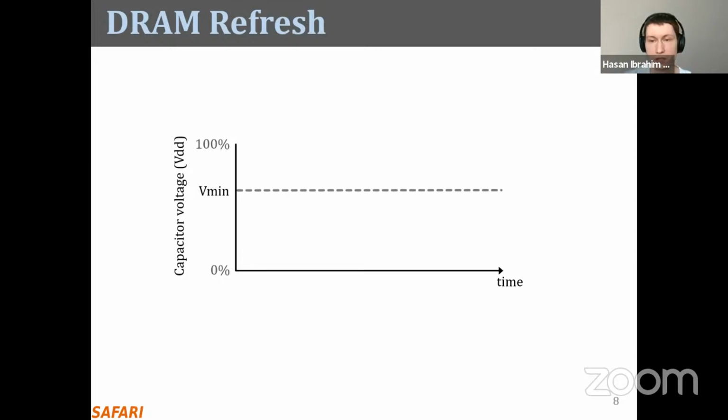So, we said that DRAM cells need to be periodically refreshed, and here's what refresh looks like. When a DRAM cell is not refreshed for some time, it gradually leaks its charge. And if the charge drops below this threshold, denoted as V min, this line over here, it cannot store the data correctly. The data cannot be read correctly. But above this threshold, we say that the data is stored correctly and it can be read or written